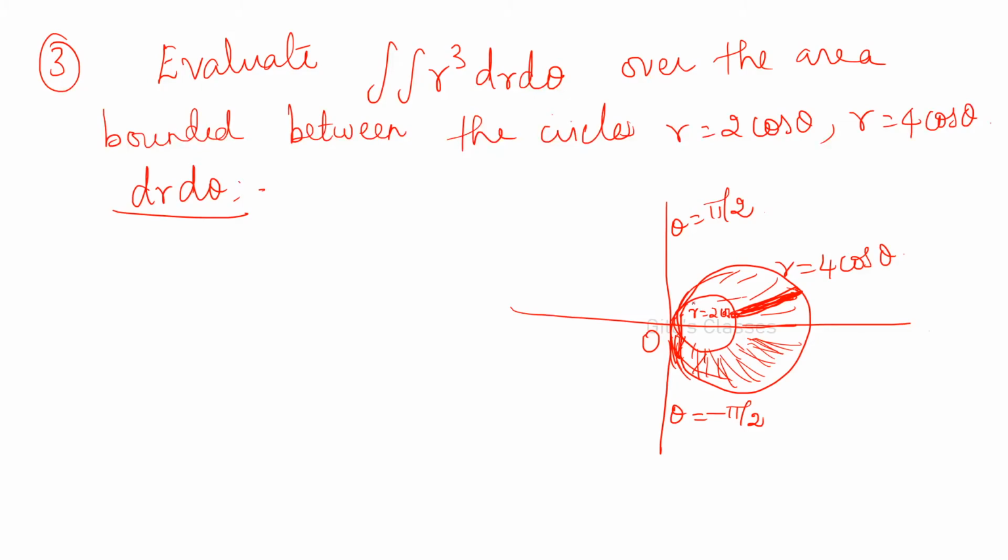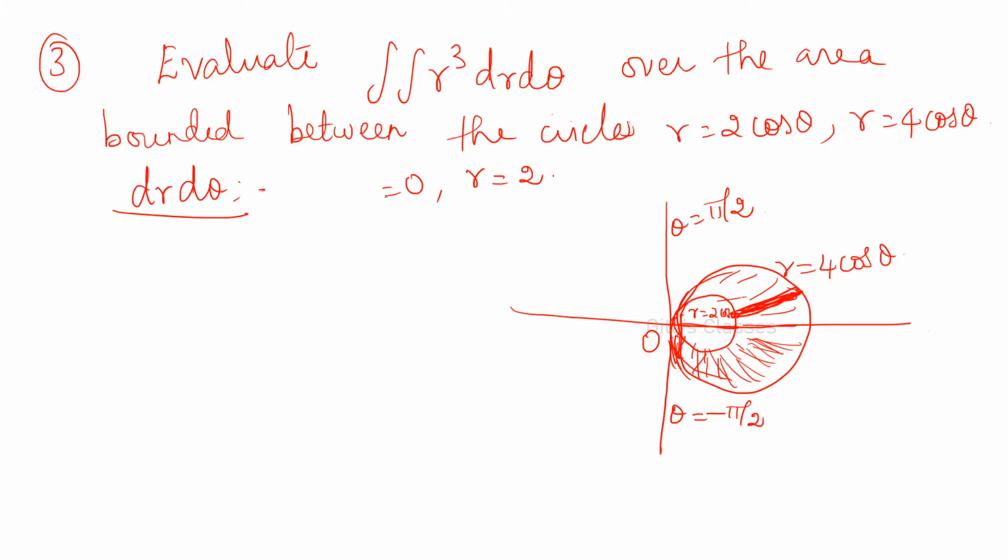This end is moving along the curve r = 2 cos theta. See, you can find the points. How do you draw the circle? When you substitute theta = 0, you will get r = 2. This is the distance. This is the radius. Okay.